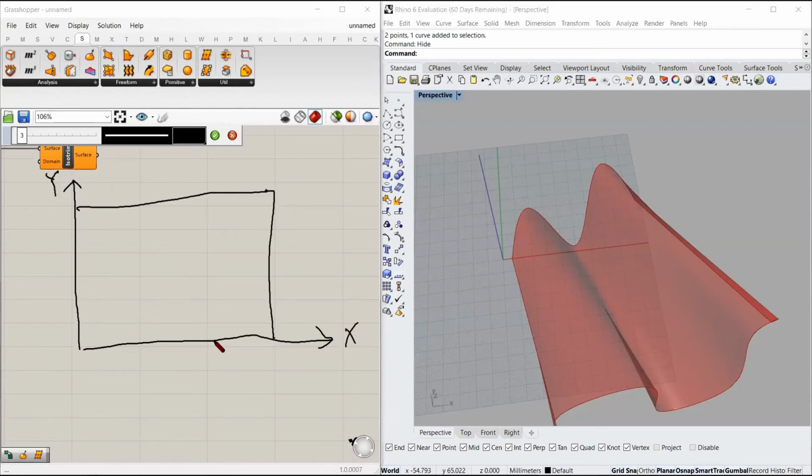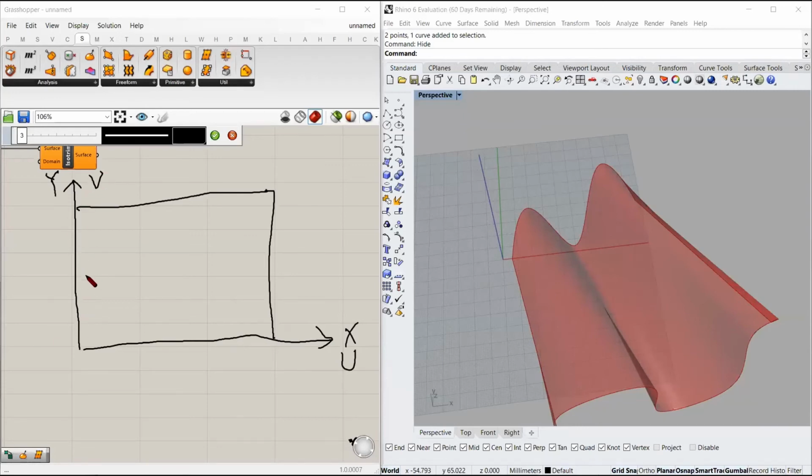But in case of a surface, the surface is always referenced in a local coordinate system. So x, y, and z direction is a world coordinate system, but the surface is always referenced in a local coordinate system. So for a surface, this direction is u, and this direction is v.